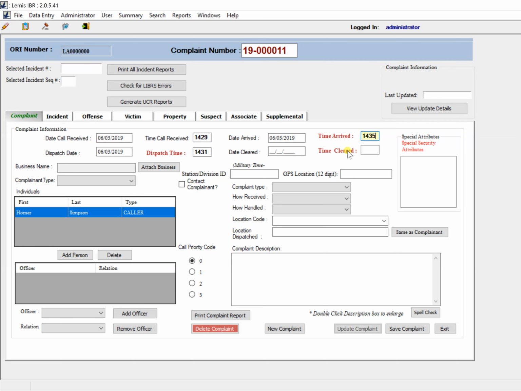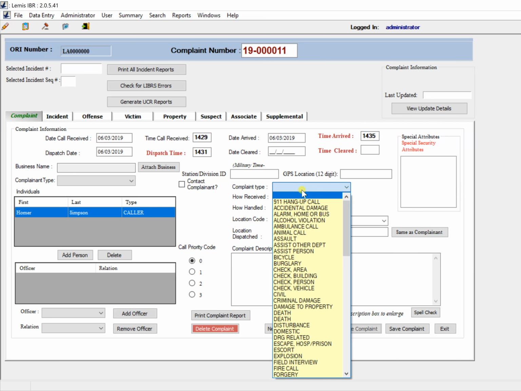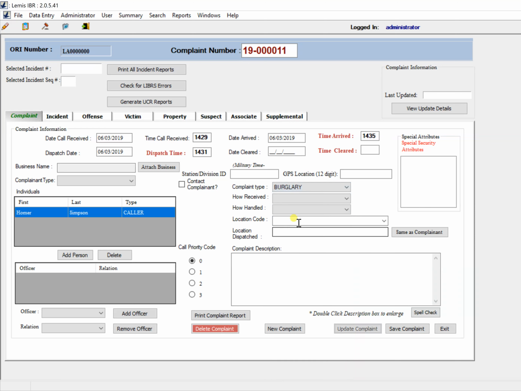Date cleared is the date the officer reports the complaint is cleared, and the time cleared is the time the officer reports the complaint cleared. From here, we will fill out the complaint type, how it was received, how it was handled, the location code,